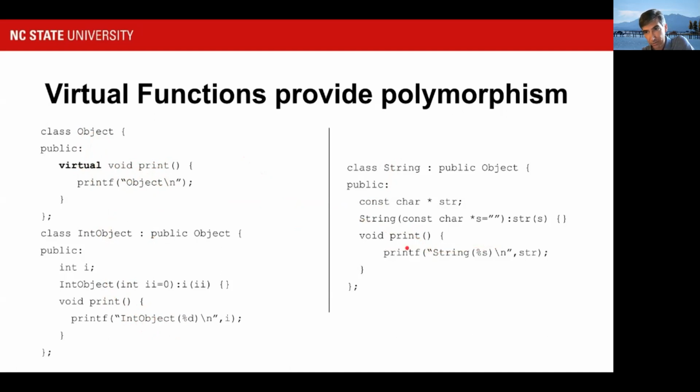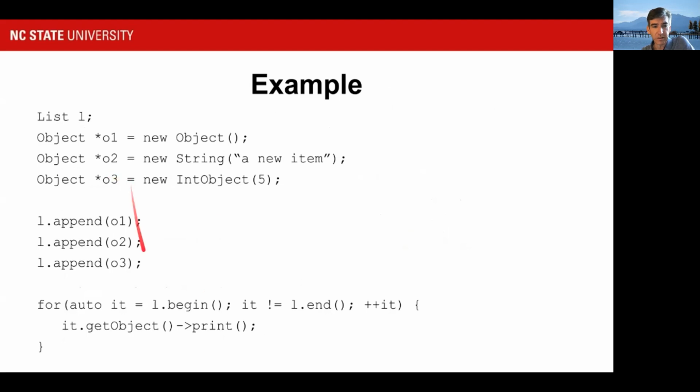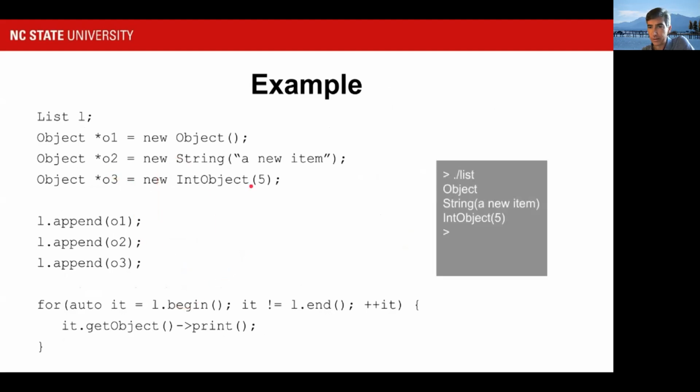And the compiler can figure this all out, amazingly. And it does it only if we first ask it to by putting the virtual keyword in front of the function we want to have behave polymorphically. Okay, so after I do this, if I take that same code I had before and I run it,